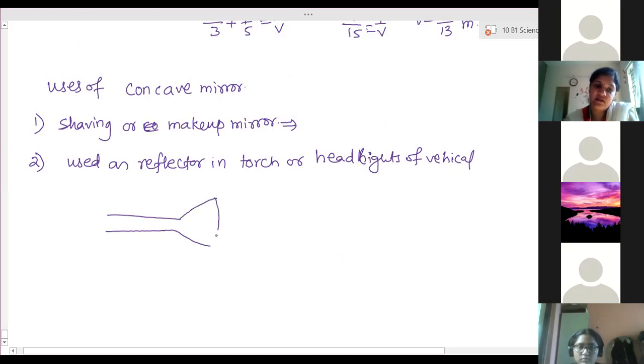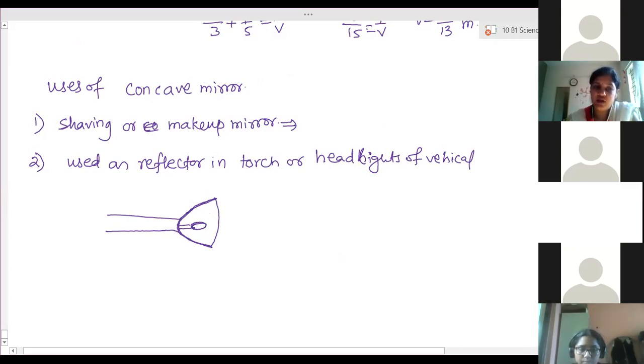And here a glass is present. And this backside is curved like this way, and it is a smooth and polished surface. You can see this is the silvered part. And here it is connected and the bulb is kept like this, present at this position. Have you seen this? Yes, ma'am. Now this low backside part is called the reflector of the torch bulb.